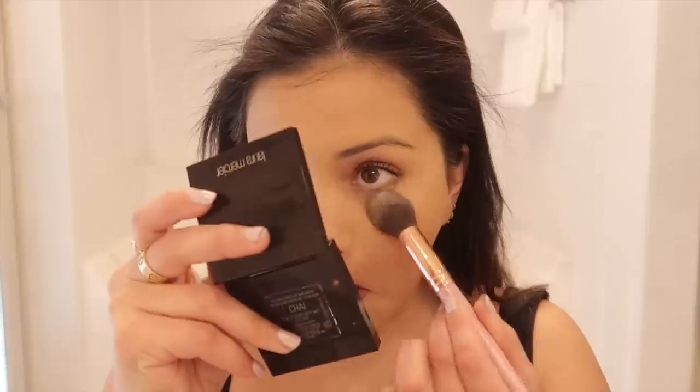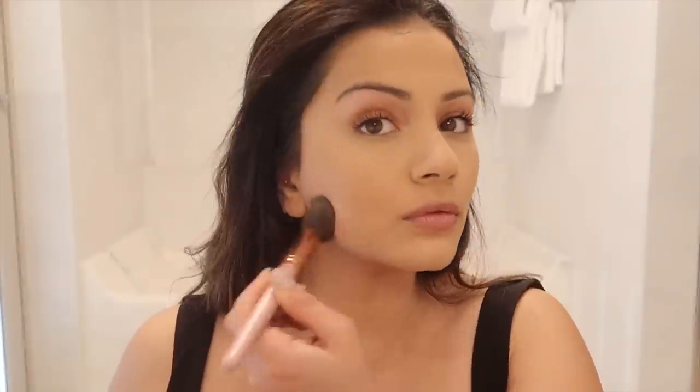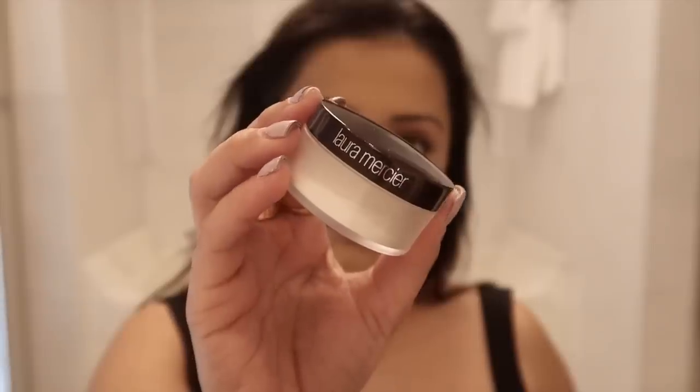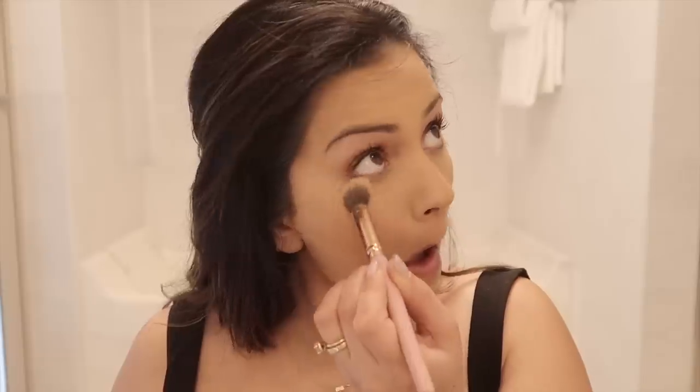Then I'm taking the Laura Mercier setting powder and popping that onto all the areas that I concealed and highlighted and brightened my face. And just to add a little bit more of a highlight, I did go in with the brightening powder as well. So I'm just taking a little bit of that and putting that onto those places as well